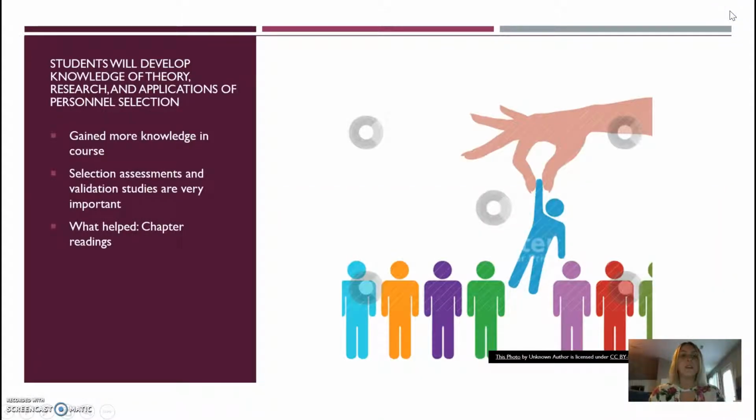Objective number 1 is students will develop knowledge of theory, research, and applications of personnel selection. I definitely feel like I've gained more knowledge in this objective, primarily within selection assessments and also validation studies. With selection assessments, I interview people every single day for my job. However, I was just not aware of all the different types of assessments, assessment centers, and then the applications, the job interviews, personality tests, cognitive ability tests. There's just so many more ways to be able to assess applicants that I was not aware of,